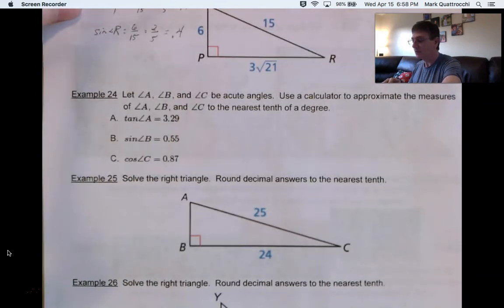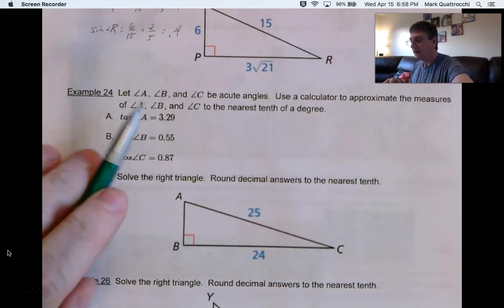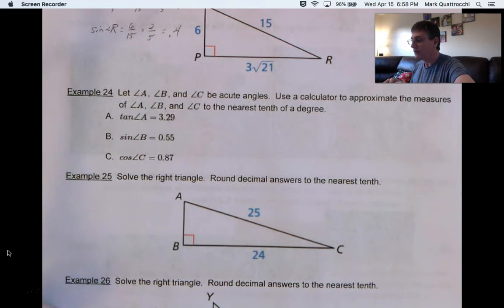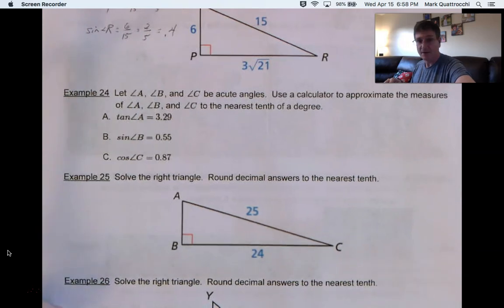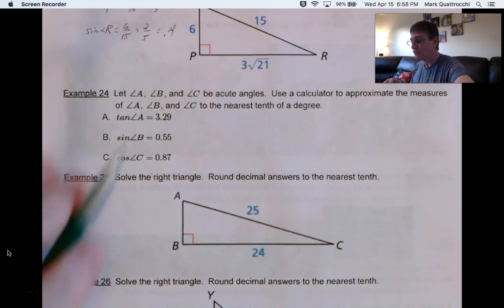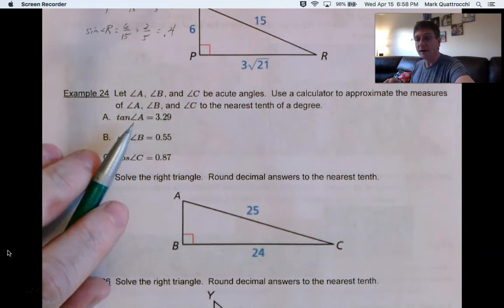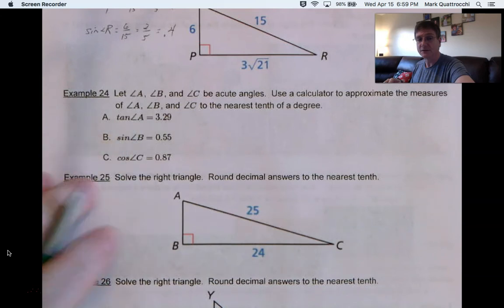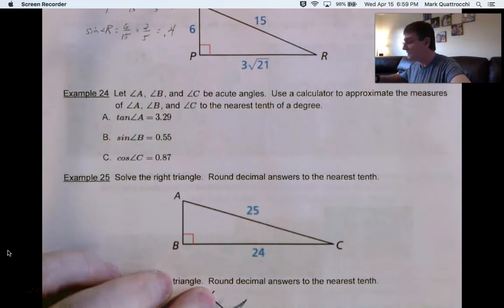All right, example 21. Let's get some more calculator practice again. Let A, B, and C be acute angles. Use a calculator to approximate the measures of A, B, and C to the nearest tenth of a degree. So we're looking for the angle measures. We use inverse tangent, inverse sine, inverse cosine. So inverse tangent of 3.29 is